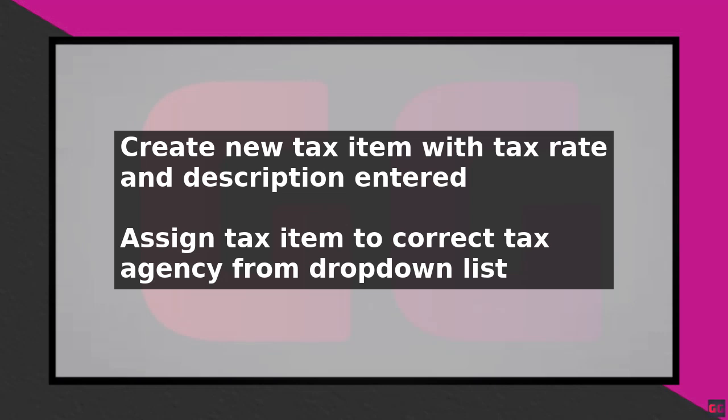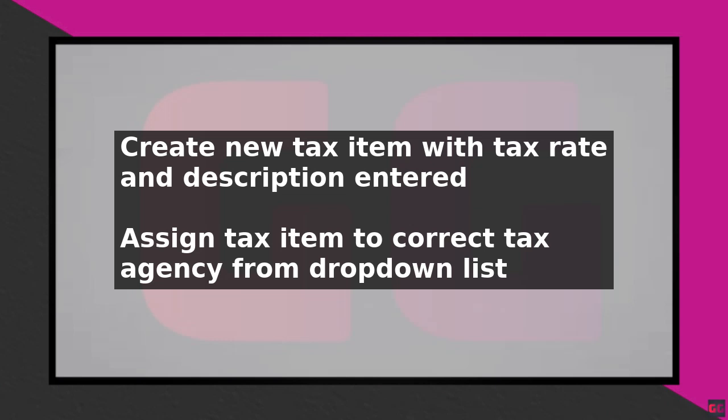This represents the sales tax rate you charge to your customers. To create a new tax item, click on the Add a New Tax Item button and enter the tax rate and description. After setting up your sales tax agency and item, you need to assign the tax item to the correct tax agency. To do this, select the tax item and then choose the corresponding tax agency from the drop-down